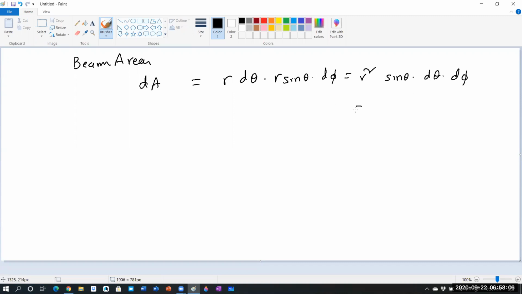Here r square sin theta d theta d phi is nothing but d omega, which is